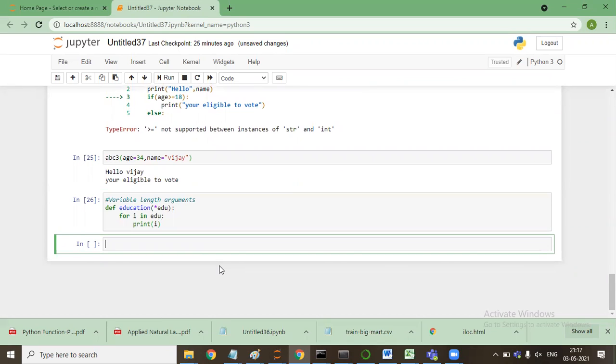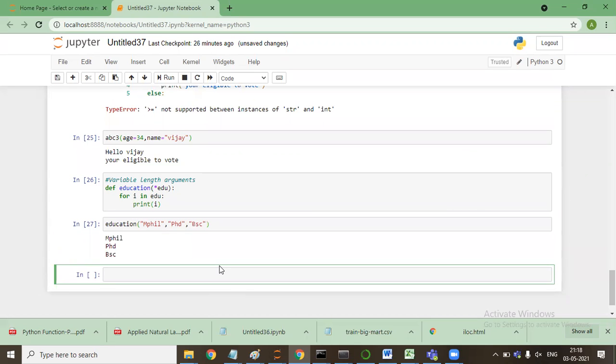Now if I say education, I have say 3 educations. One is MPhil, second is PhD, and third is BSc.